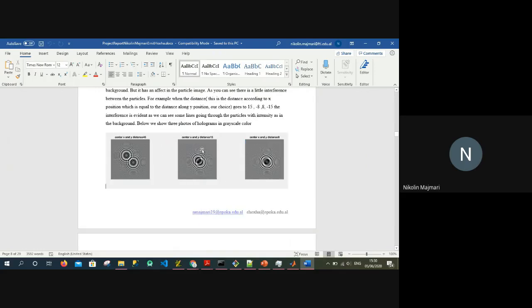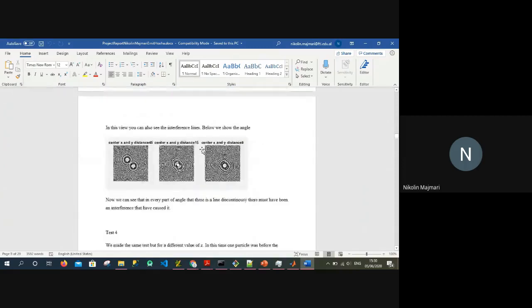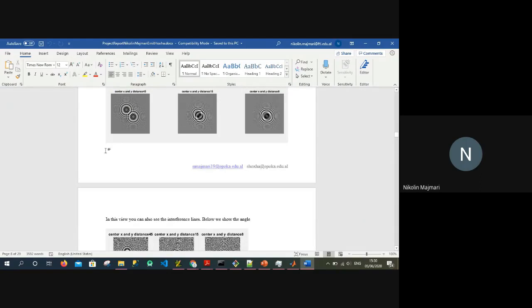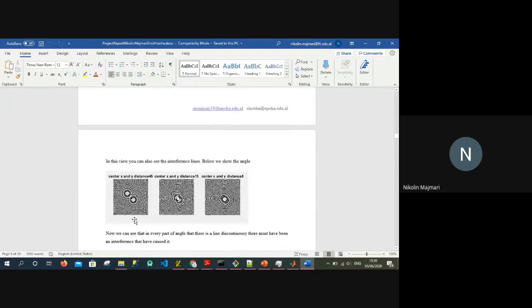We also checked the phase. It was the phase of the complex image that was first generated, because these images were generated from a complex image, as said before. And here, for example, I think we can see a little bit more about the interference. I don't know if I can zoom it, but